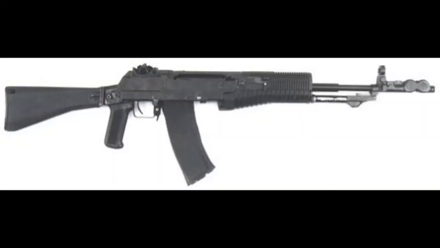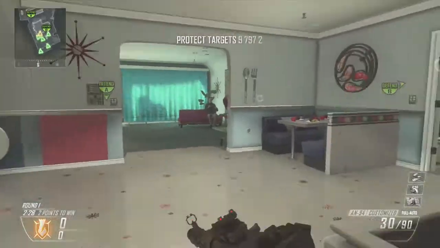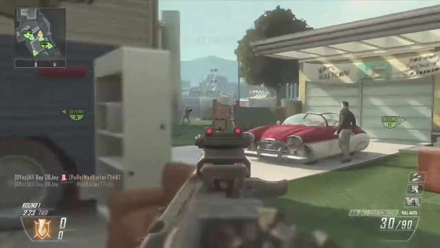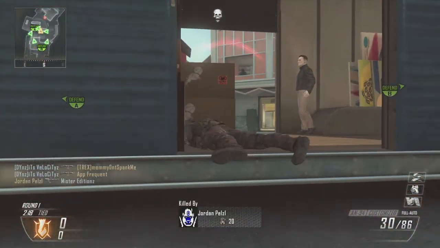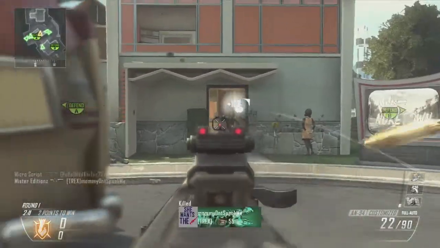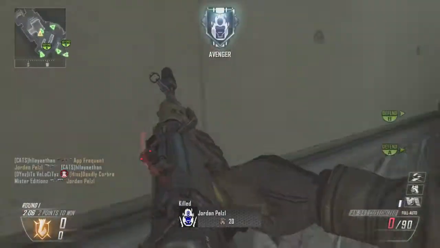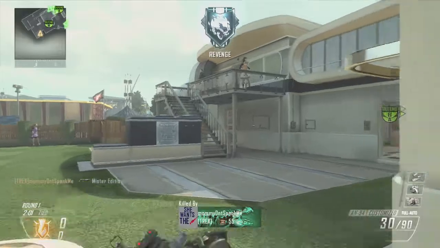So here's a quick look at this Russian-made assault rifle. The gameplay in the background is a 70 kill demolition game, and I absolutely went ham, and I'm using my favorite setup with the AN-94. This is on Newtown with the double XP, and my buddies, we got a 6-man going, and we just destroyed everything in our path. In the game after this, I actually dropped like 55 kills, and it wasn't as good, but it was still